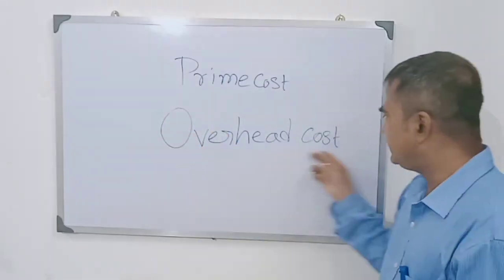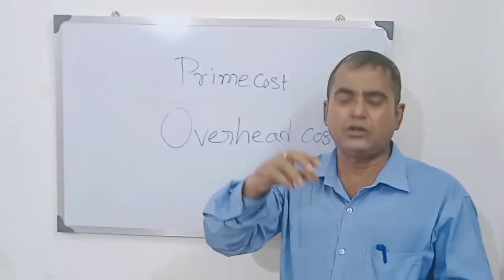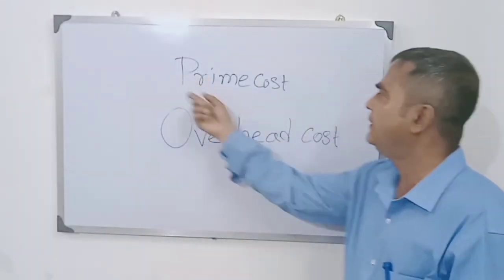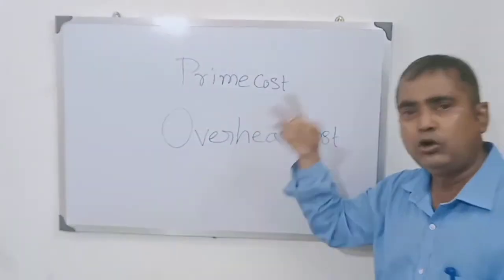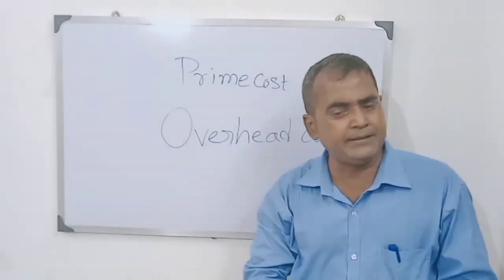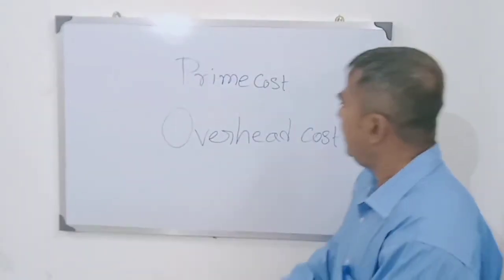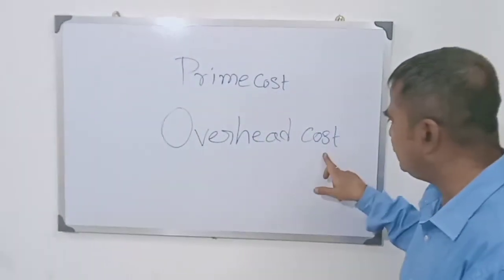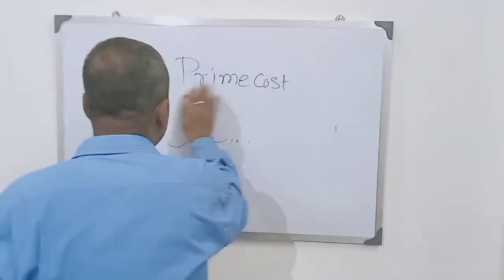And overhead costs are those costs which are over and above the head of prime cost. I will do the overhead classification in the cost sheet. Today, prime cost as well as overhead cost, that is total cost, and splitting it into